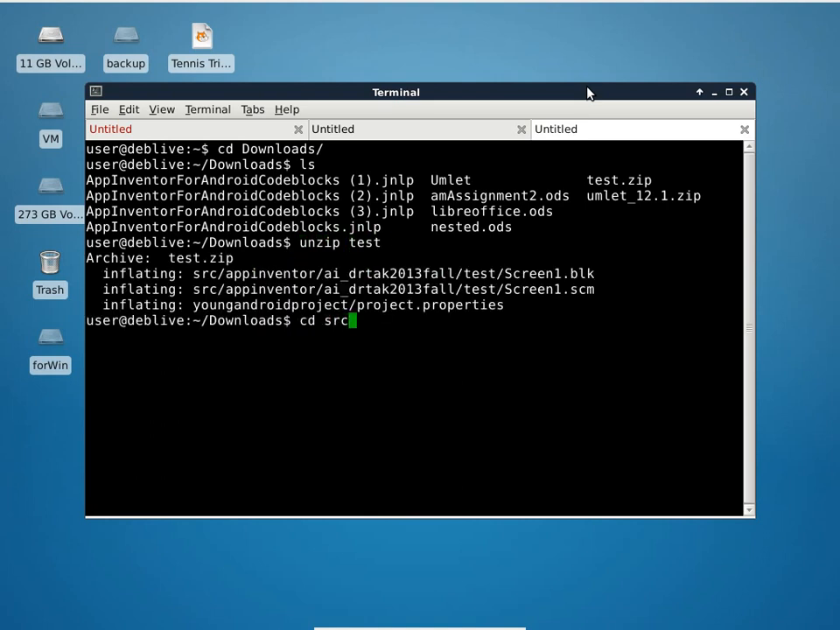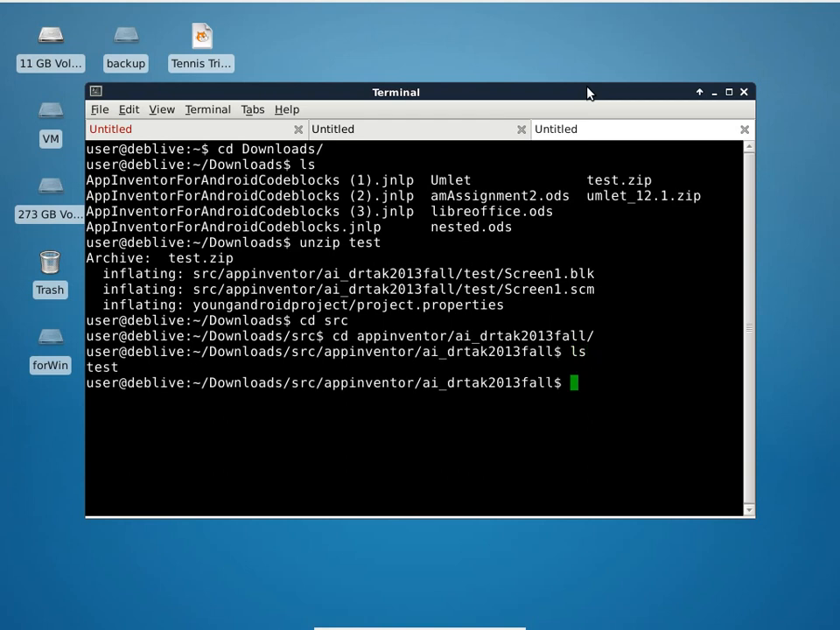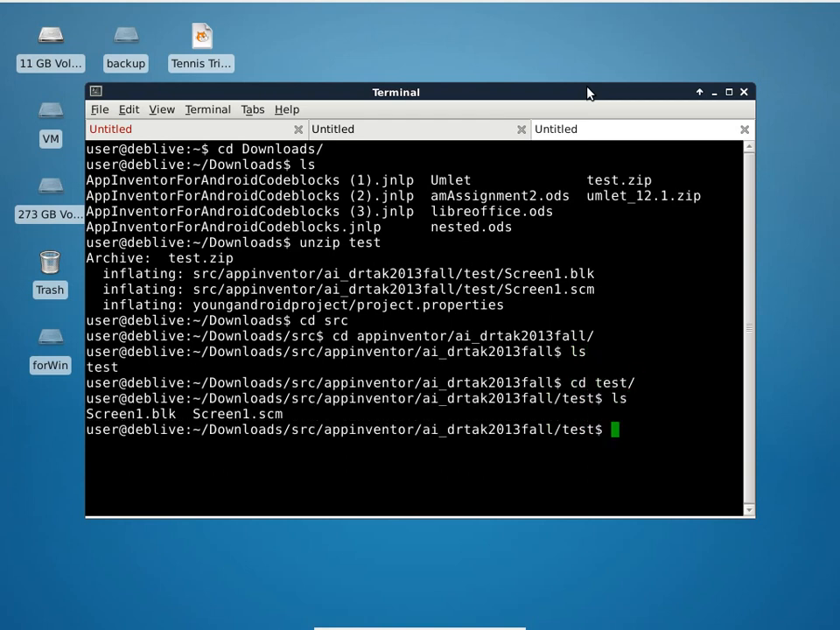But you can see it's... Well, at least I can take a look at test. Okay, so here we have screen.blk and screen.scm, and the first thing I would do in Linux is to use